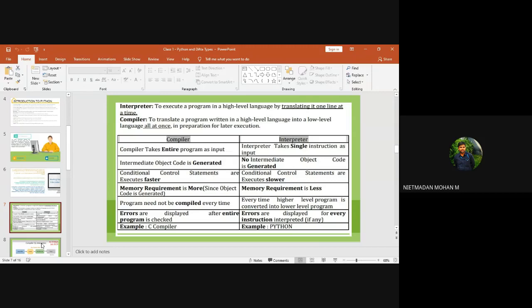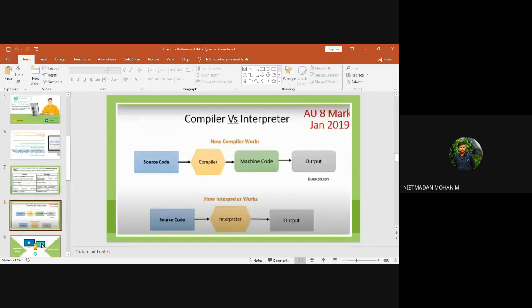So if you are using C and C++ programs, after completing your lines of code, you compile those lines of code and then execute the program. So that is the concept. You don't need to go in depth about this. And in the interpreter, you type all those lines and execute, and the interpreter takes your code line by line and produces the result, or the error statements, depending on your program. This is the working of the compiler and interpreter. The source code is whatever lines of code you are typing.